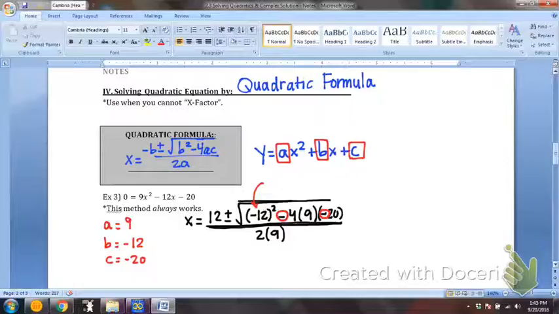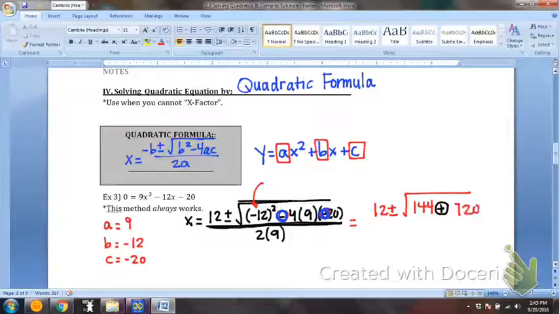A positive. That means when you get this b squared, so we have 12 plus or minus 144, we know that this is going to be a plus sign no matter what. Because I determined that a negative times a negative gives me a positive. Now, in your calculator, without any negative signs, just do 4 times 9 times 20. 720. Does anyone else agree with 720? Yes. Okay, so plus